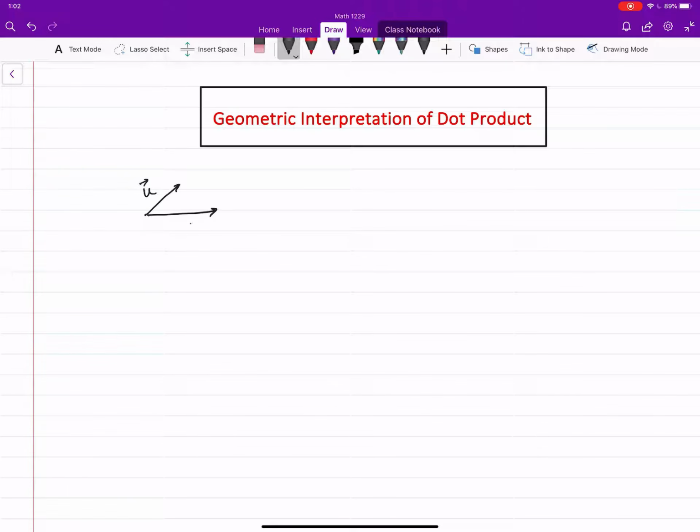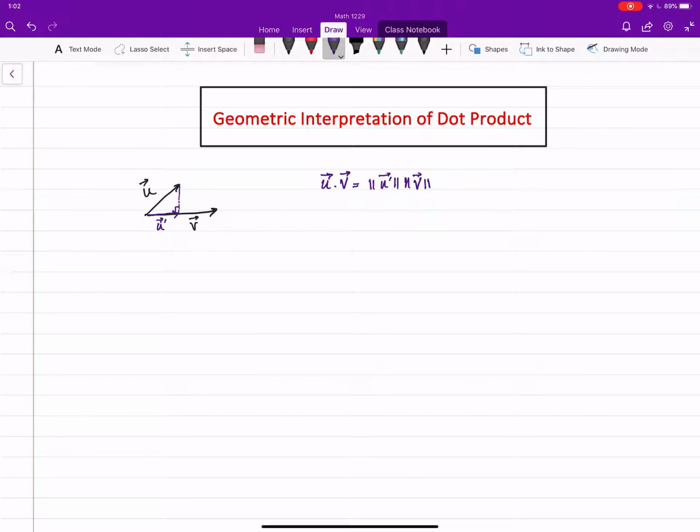So if I have u and v, one thing that can be done is that we can find the projection of u on v. In other words, find the shadow of u over v. Then that shadow itself is a vector. Let me denote it by u prime. And the geometric interpretation is that u dot v is basically the product of the length of u prime and the length